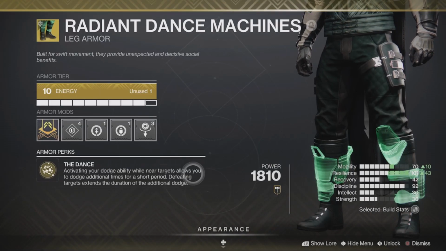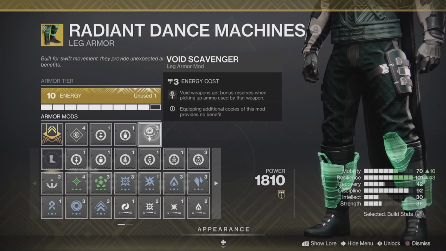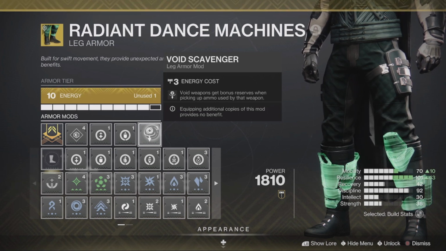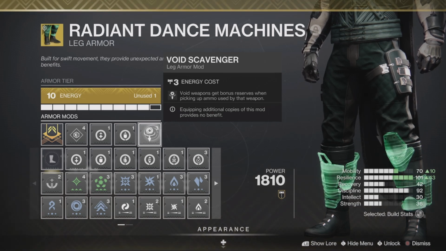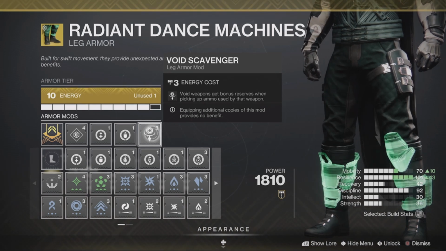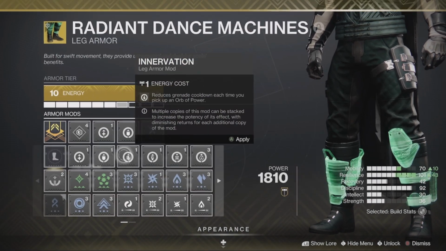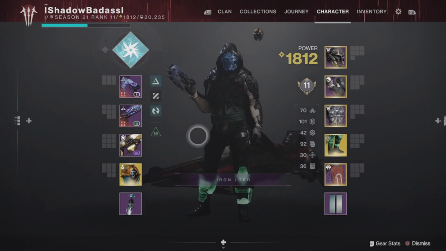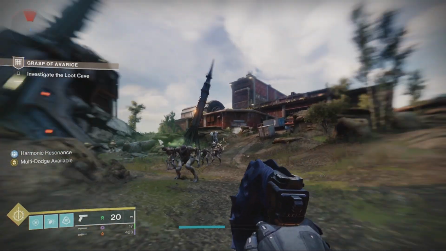I want you to be aware that the other reason Powerful Attraction was not picking up orbs of power, which we were just witnessing, is because I have a Void Scavenger on. I don't have anything that actually uses armor charges right now, so I need to put on something that does. I'm just going to put on this Strand Weapon Surge. Not a big deal. I'm using a Strand pistol, and that should now proc, or at least be able to proc, then the...